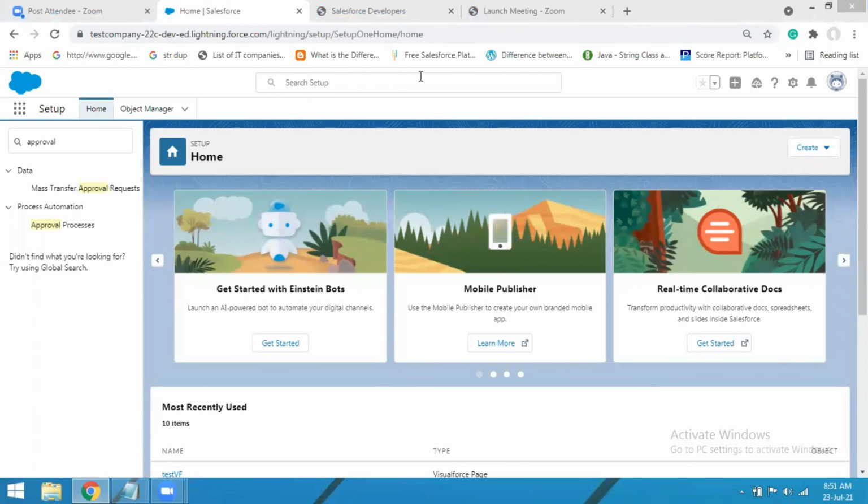Sir, is this the same as the Trailhead playground that is given by Salesforce? So, Trailheads and playgrounds. A playground is where you can practice. This instance and the playgrounds will have a similar look and feel, because it's nothing but Salesforce itself, right? Even if you launch a playground, it's just the name they call it, but at the end, the thing that is getting launched is the same. Okay.